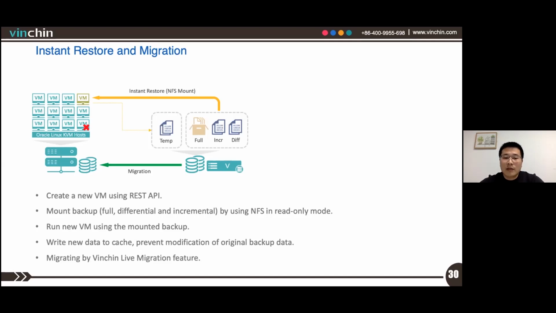After these 3 steps of data migration, the consistency of the virtual machine can be guaranteed. And by the way, because the backup data will not be modified during instant restore, the instant restore feature can also be used to quickly verify the backup data availability.